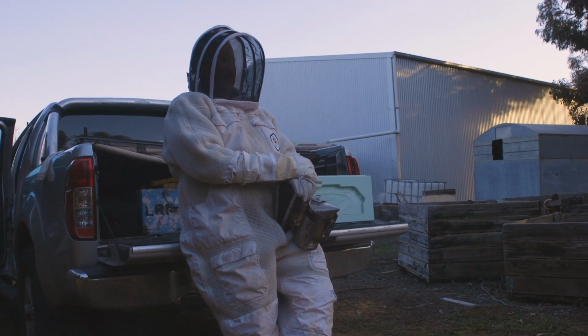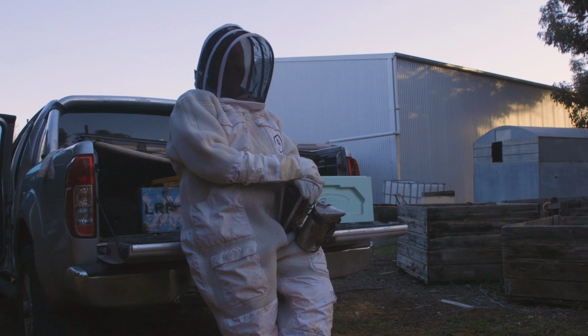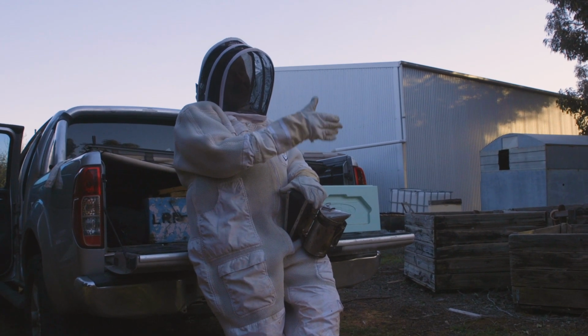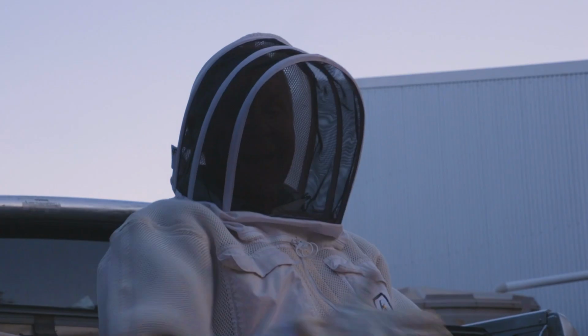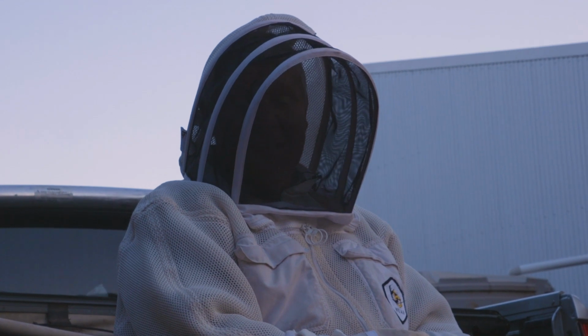I think I've named this yard the Yard of Shattered Dreams, because this is where all the poor boxes end up that are doing a bit of a struggle. And over here though, this is a miracle box. It's actually defying all the odds against all craziness, because everybody out there in beekeeping land that's done cutouts, and